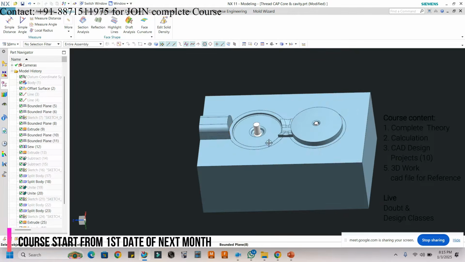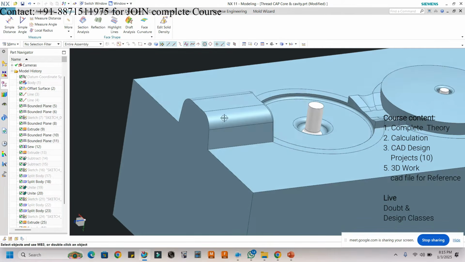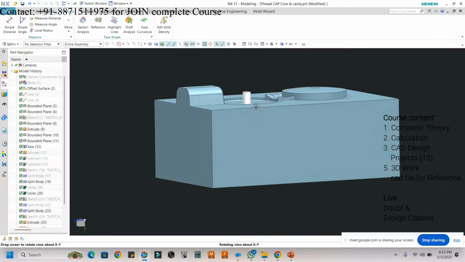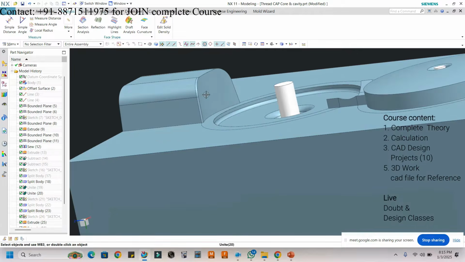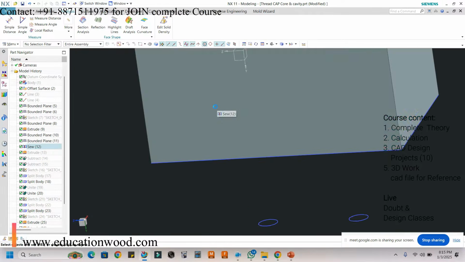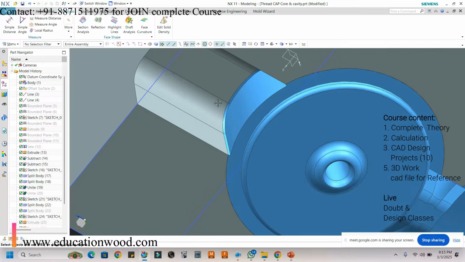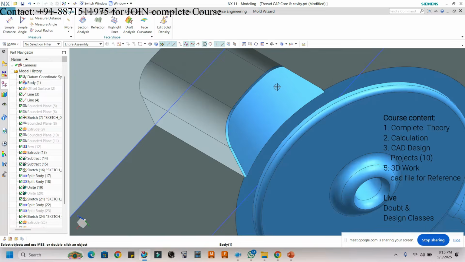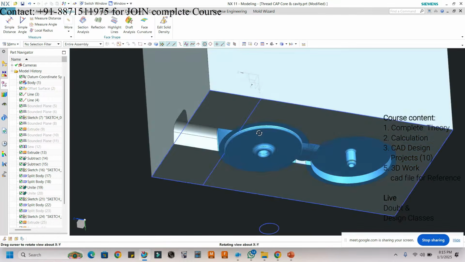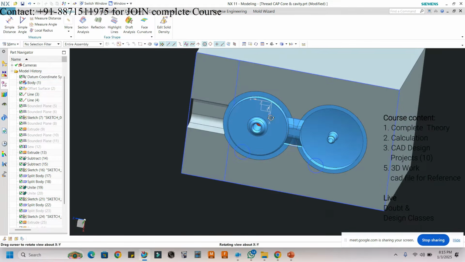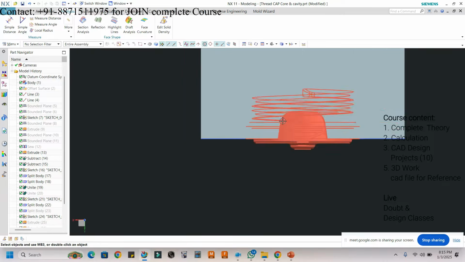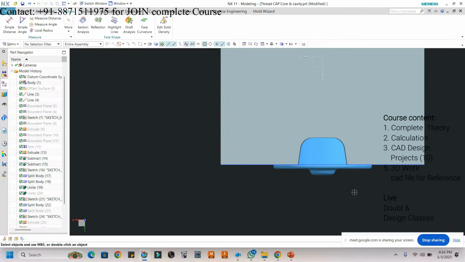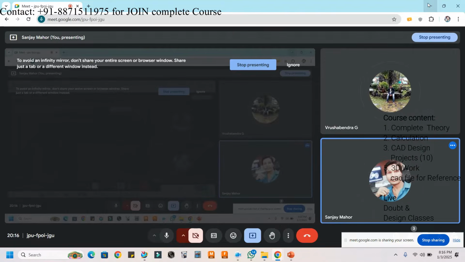Now you can see that here is one of the features which is known as interlock, but it is also part of the geometry. This feature is forming this portion of the component. So it will behave like an interlock. Why? Because it has draft or taper. Is it clear? Understood?